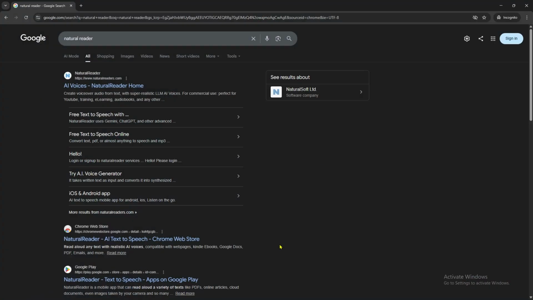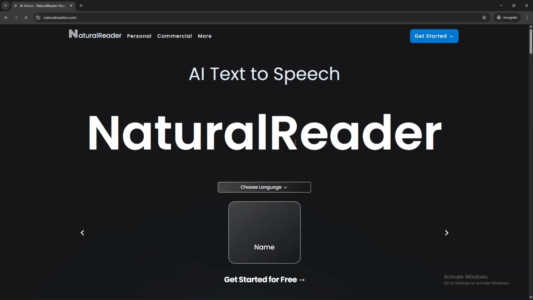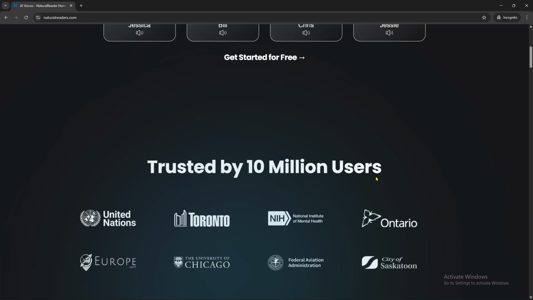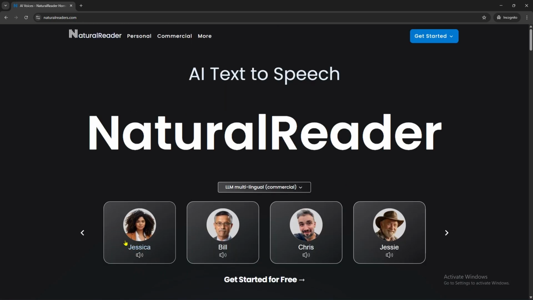Today we'll be having a quick guide of how to use Natural Reader properly. Using Natural Reader effectively this year is much easier because of its updated features. You want to start, of course, by installing the software or accessing the web version. Then choose your preferred voice, which are right here: Jessica, Bill, Chris, and Jesse, and I think there's a lot